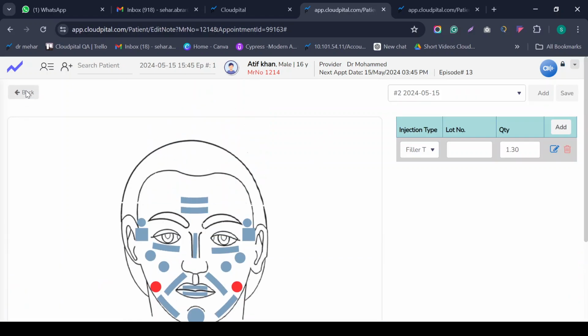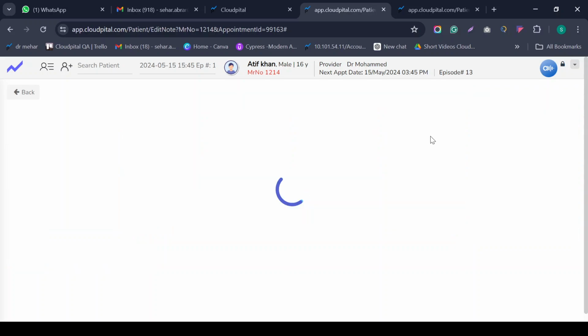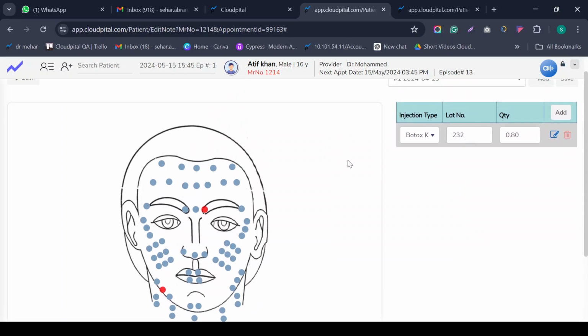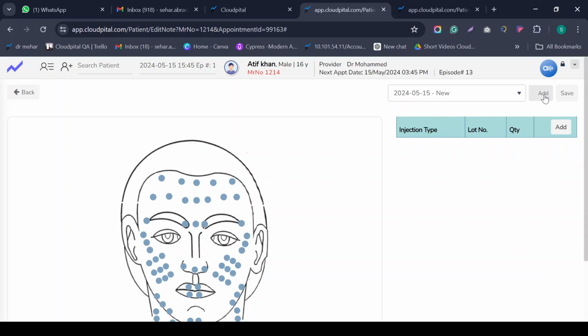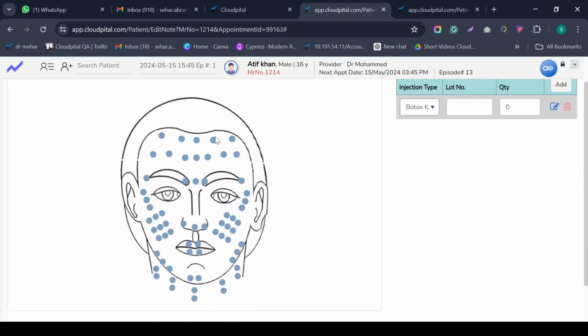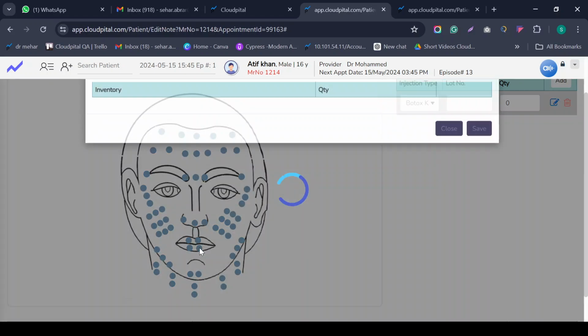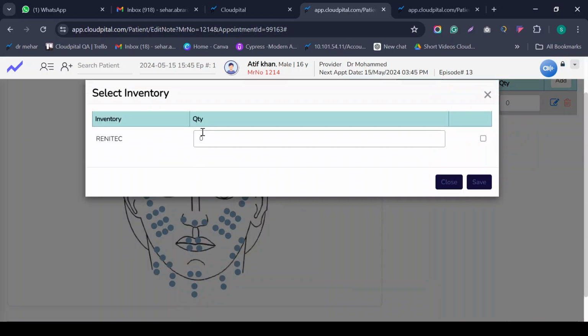And now I'm going to explain the vortex area of the male. So these are the vortex areas. First we have to add a new plan. After adding a new plan, you just need to click on add. Similarly, we have different types of vortex injections used in our system. So I'm just selecting, for example, vortex K for the patient, and the patient wants a vortex filler of the male lips part. So just need to click on the specific part and add the quantity of the injection.